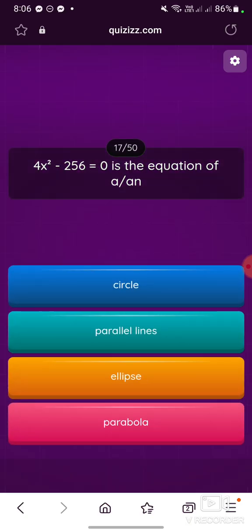4x squared minus 256 equals 0 is the equation of an